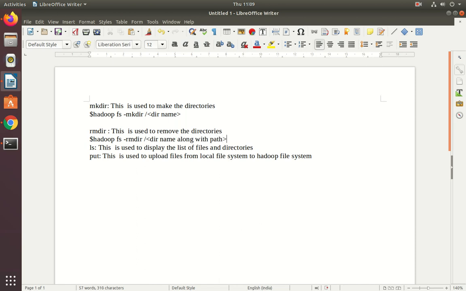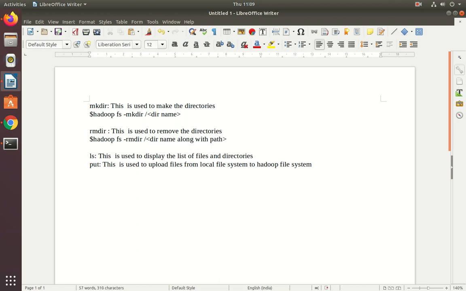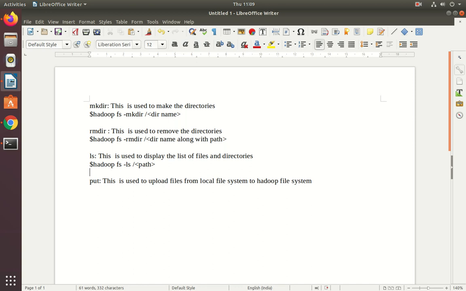Then it will remove the directory. Next, the ls command, -ls. Here we specify the path in which files you want to display. That is the ls command.